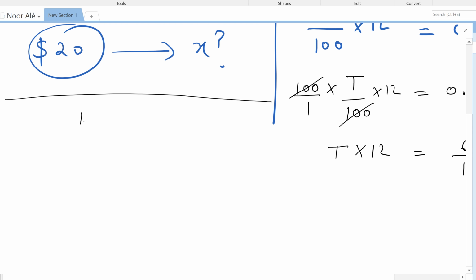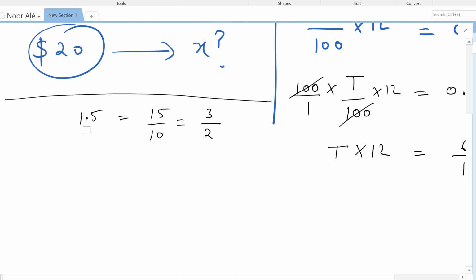For example, 1.5 means 15 over 10. There's no percent, it's just 1.5. So 1.5 means like a dollar and 50 cents, which is equal to 15 out of 10. You can simplify it by dividing the numerator and the denominator by a common factor, which is 5. So if you divide the top by 5, you get 3, and 10 divided by 5 gives you 2. So 3 out of 2 is the same as